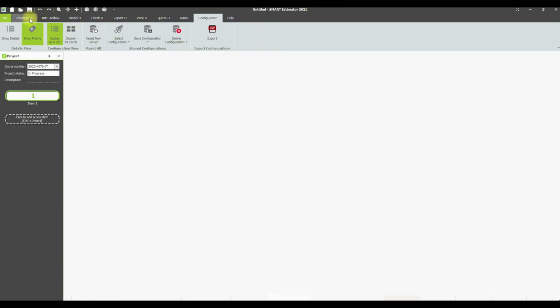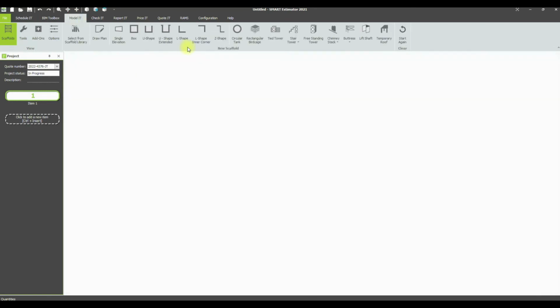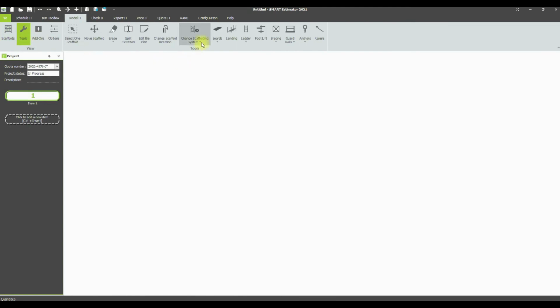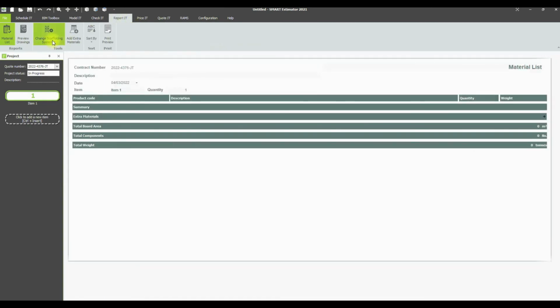When you create a project, either in Schedule It, you can choose your system configuration here, or if you're in Model It, it's in the Tools section, Change Scaffold System, and you can choose it here. And finally, it's also available in Report It, so we can change scaffold system here as well. Okay,